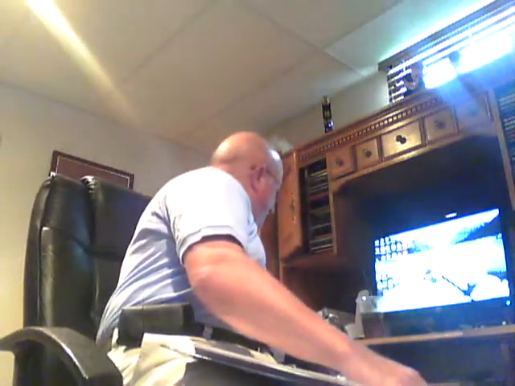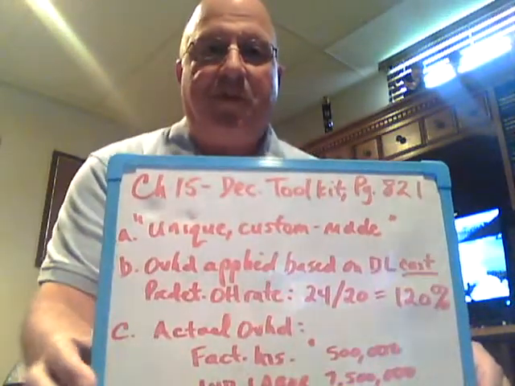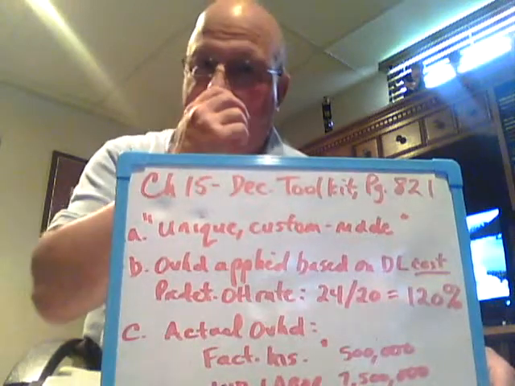So, without any more ado, we'll get into this decision toolkit exercise as kind of an example of where we went with chapter 15. And you can see the solution to this on page 822. So again, I'm not going to lay out the whole thing here for you, but in looking at the questions that they were asking